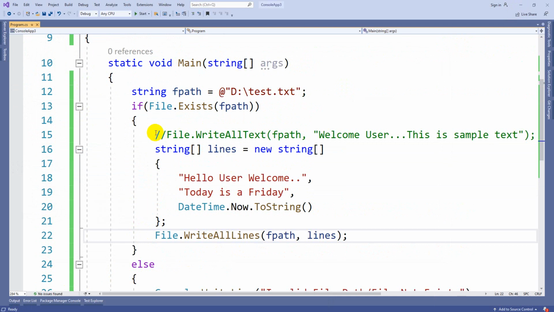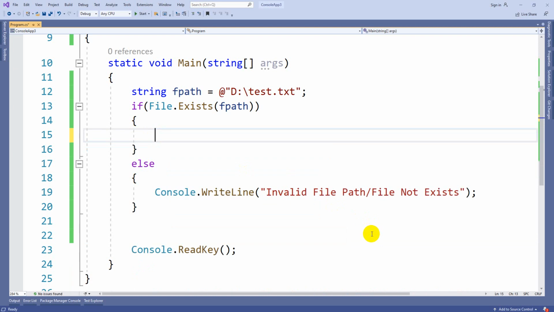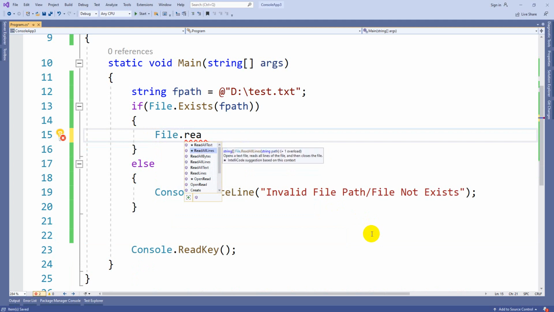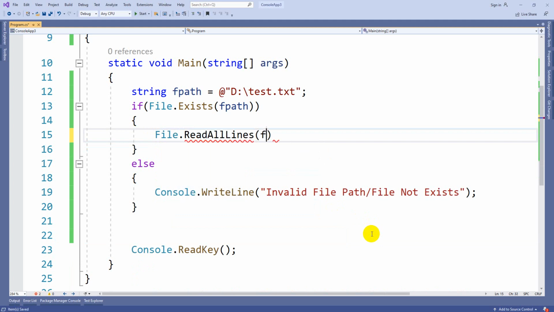Now let's try the reverse one, how to get the number of lines from a file. Very simple. File.ReadAllText for one word, ReadAllLines for multiple. Here you can pass fpath. Then it will return the list of lines from the particular text file.